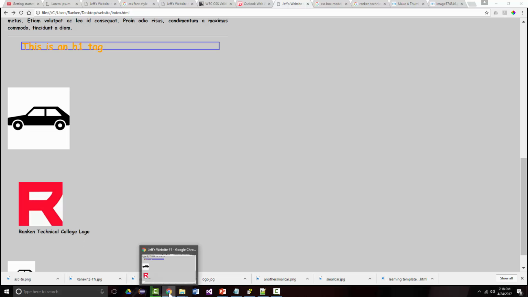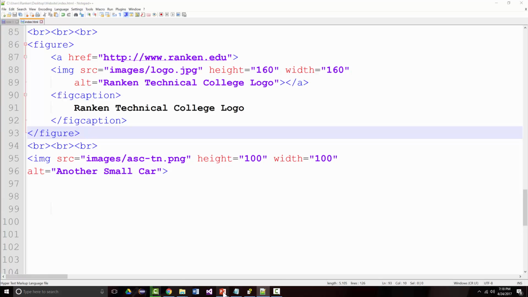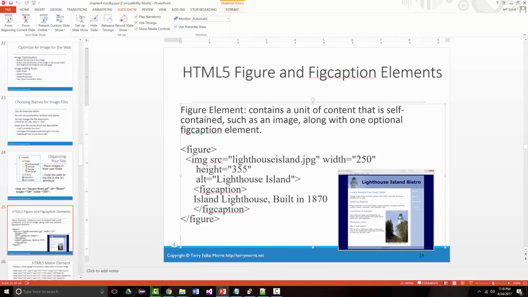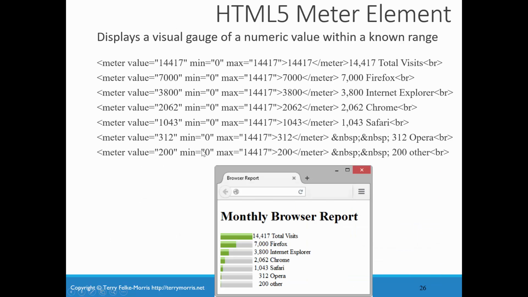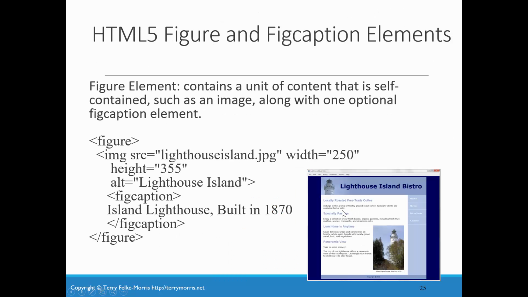I mean, as of right now, you might look at that and say, that's fine, but I don't see exactly what that buys me. Again, it is a new HTML5 tag. All right, and there's a running example in the chapter here of this Lighthouse Island Bistro, where it might make a little bit more sense what they have in there. Okay. All right. Next,